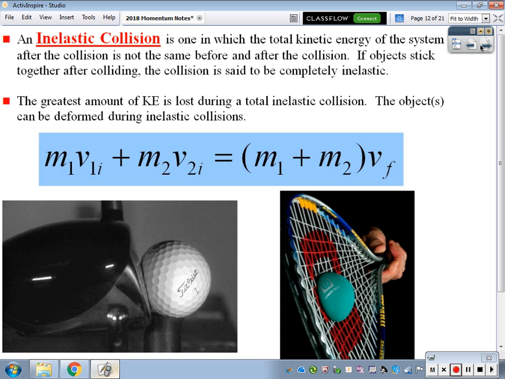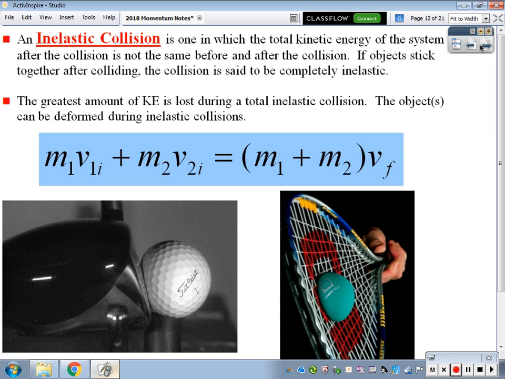Now, the golf ball is hit by the club, starts to travel through the air. Does the golf ball stay as that shape after the collision? No. So what does the golf ball have to do directly after that collision? It has to reform its shape. Okay? And it is going to spend some of the energy it was given to reform the shape that it